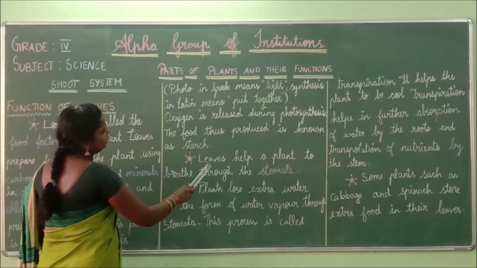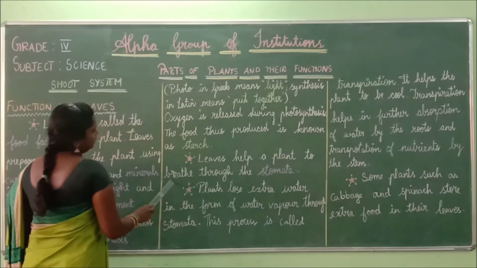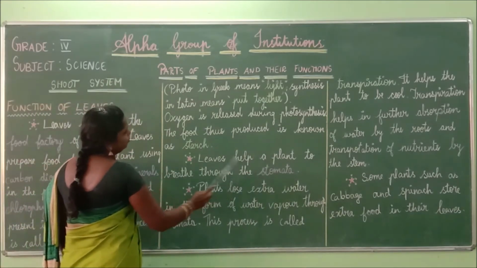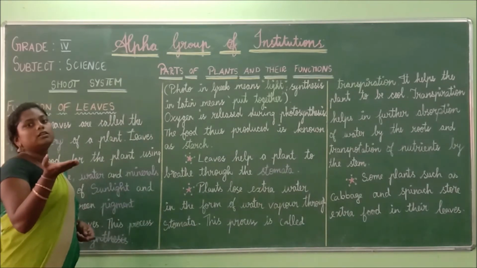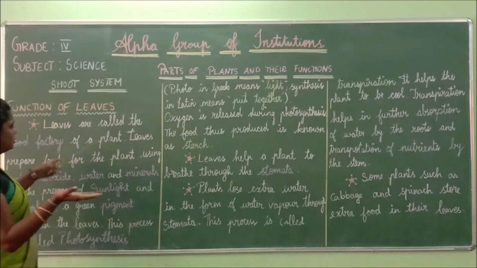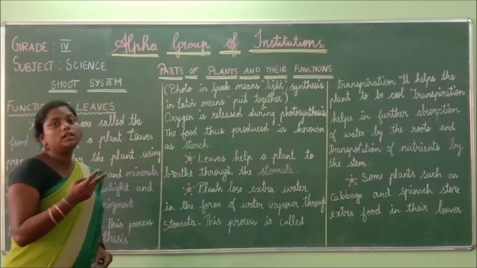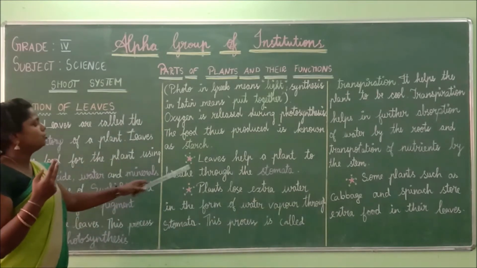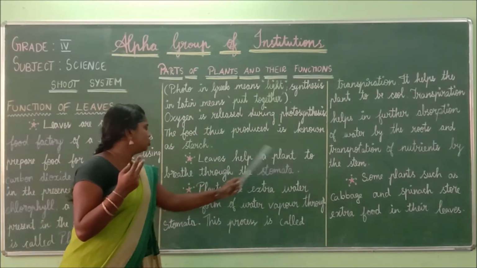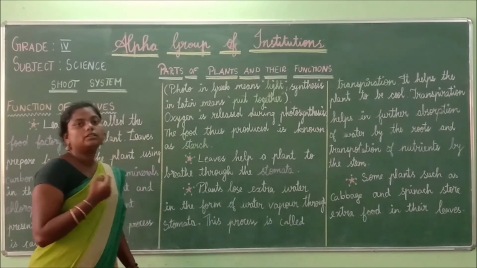Next one. Leaves help a plant to breathe through the stomata. In the functions of leaves, the first is making food, and the second one is that leaves breathe. We already learned about this, isn't it? So leaves help a plant to breathe through the stomata. Through what will it breathe? It will breathe through